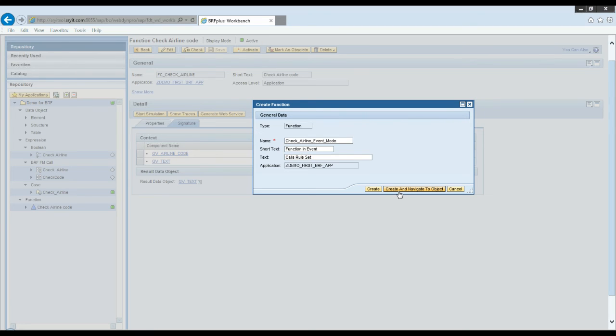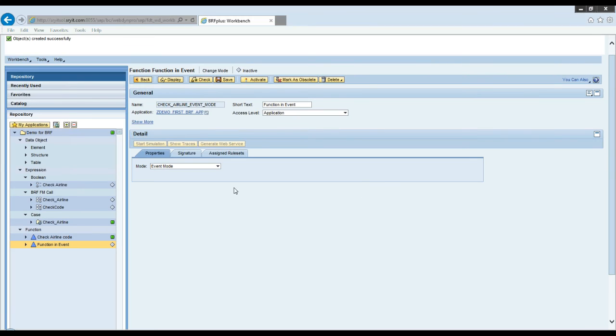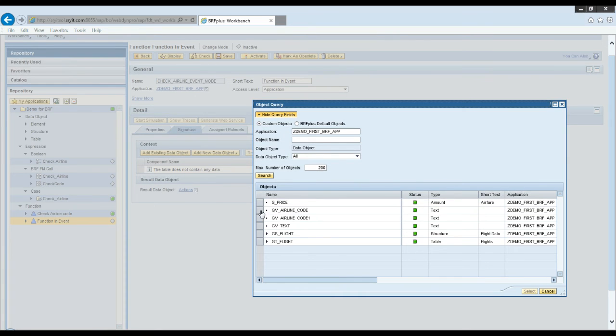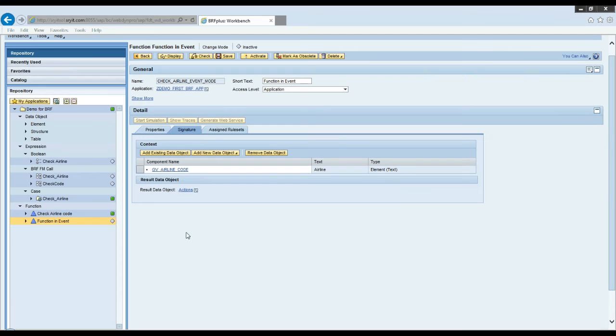Read and navigate to function. Now it is in event mode. I will maintain the signature. What are the import values? I will just import the airline code. Select. So that's my airline code.